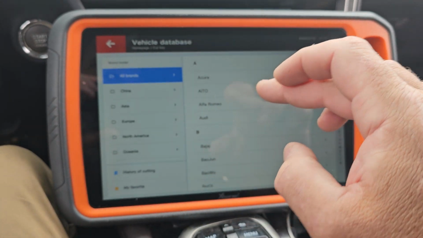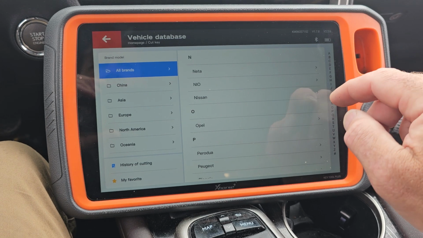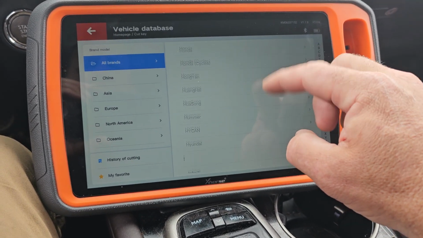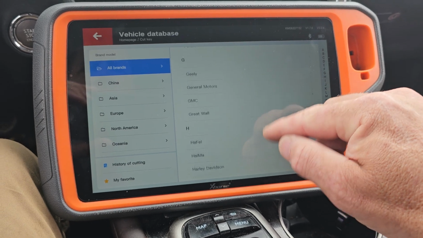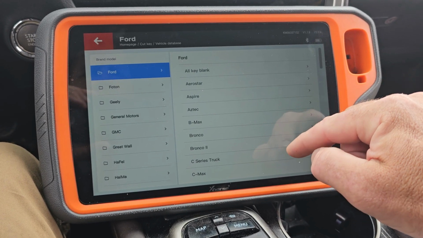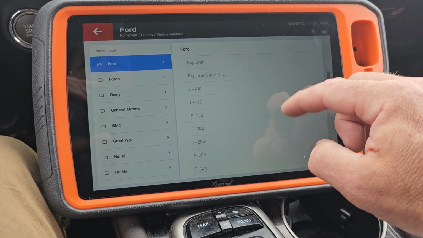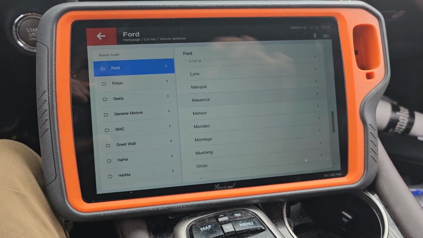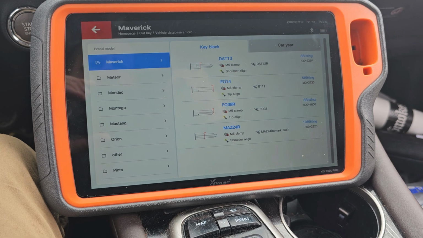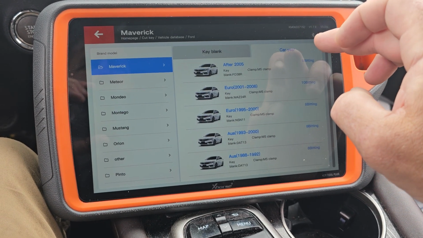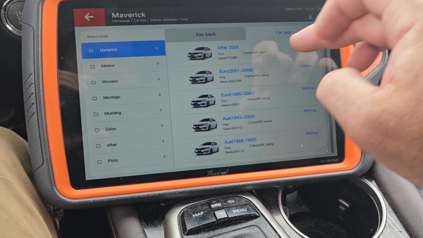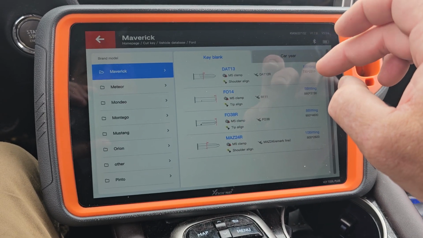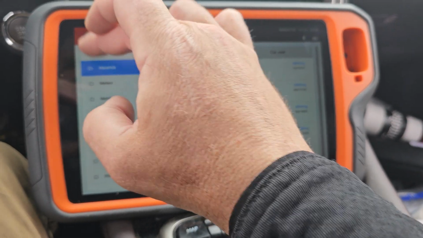And we'll start by going into the database and just checking. I think this might be part of the problem why I got hung up a little bit. If we just go into Ford, then we go down to Maverick, we're going to see that the database is not really updated, right? So somewhere Mavericks exist, you know, 01 to 06, 05, but certainly not around here in the US. So we can't go by